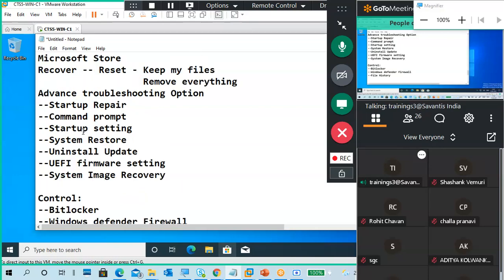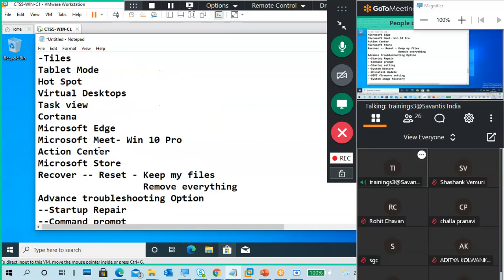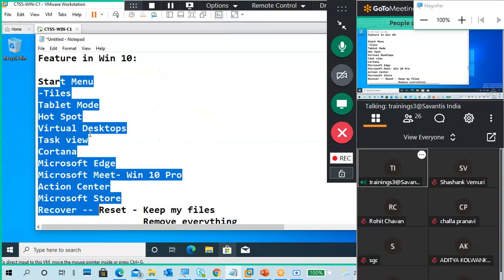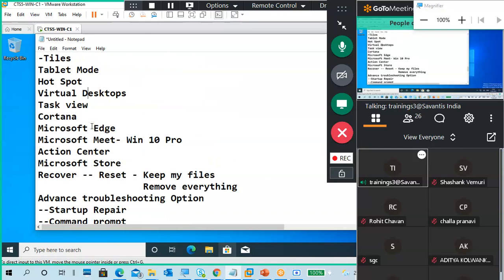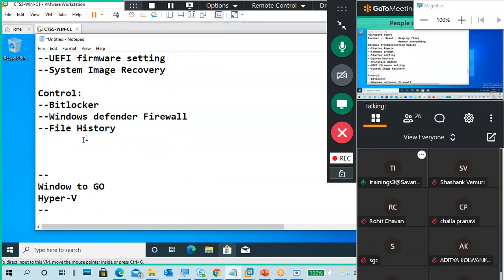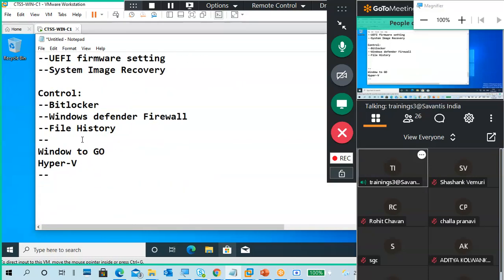So here we saw all these things except Hyper-V. Where have I written Hyper-V? Right here. Windows To Go. Hyper-V is there in Windows 8 as well as Windows 10 Pro and Enterprise only. Next, Windows To Go is only an Enterprise feature.